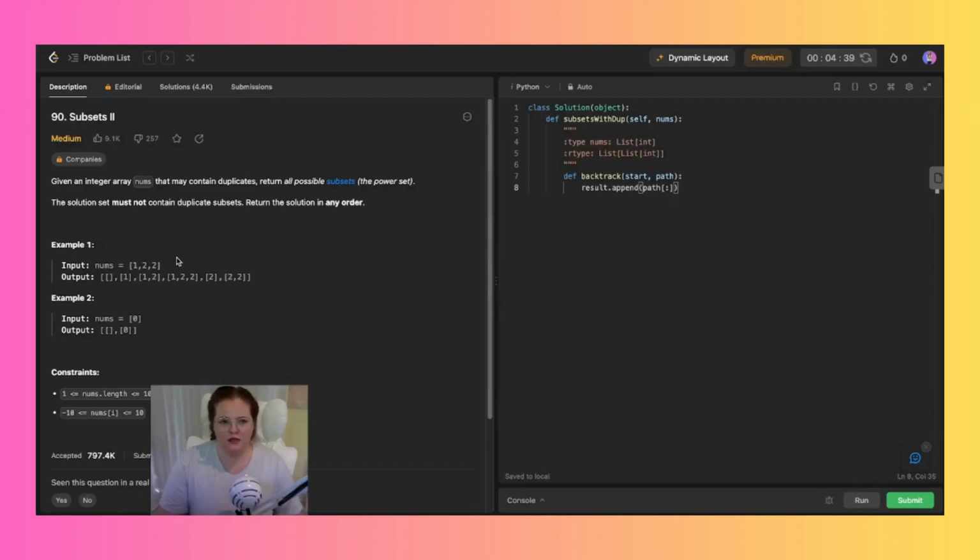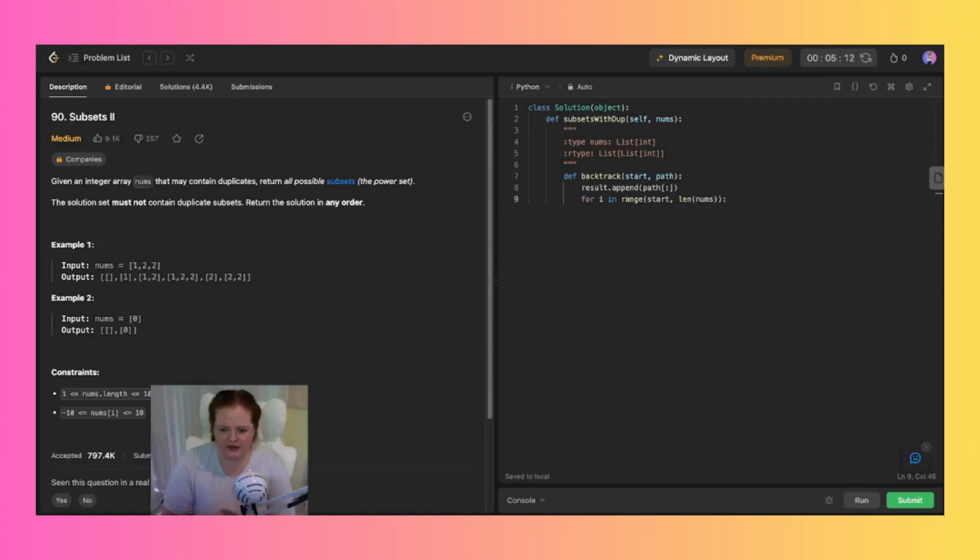So we need for i in range of start and the length of nums. Not nuns. Not nuns. Anything but the nuns, the sisters. Anyway, okay, so then for each element in nums,